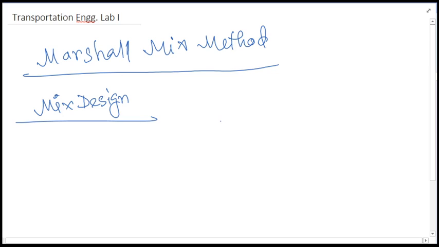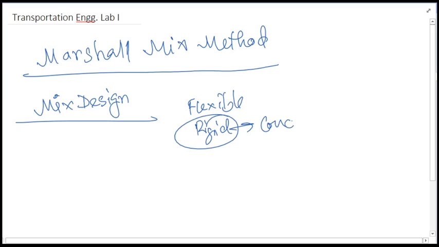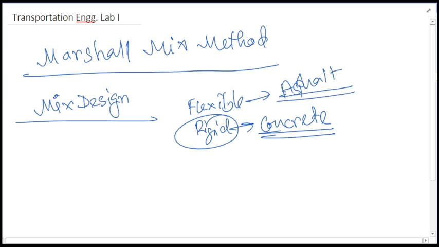And as we know, the pavements are mainly divided into two portions, flexible and rigid. The rigid one will be similar to the concrete mix design as we have learned. For the flexible pavement, we are learning this in the transportation engineering session, just because flexible pavement is dealing with asphalt or bitumen, as we know. So this one is flexible pavement, and asphalt content is required to be designed. This asphalt content which we will be designing, that is called the mix design for the flexible pavement, and